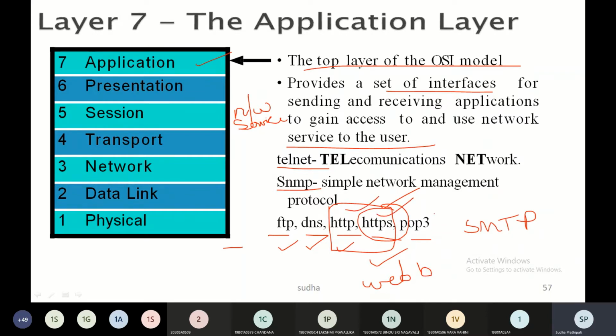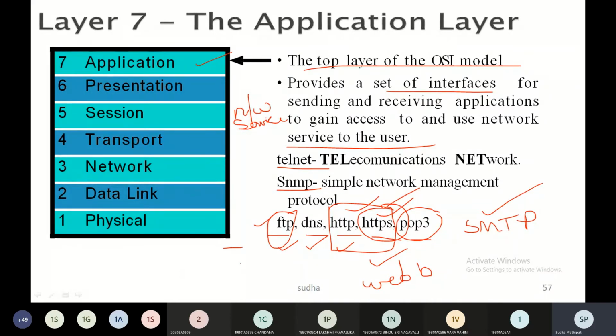Say, for example, I want to transfer an email from one system to another system. I need the POP3 protocol, and I also need the SMTP protocol to send an email from one system to another. And say I want to remotely access a file in another system, then I need the FTP protocol. If I want a virtual terminal, I'll be using Telnet, which is telecommunication network. These are all the protocols that your application layer provides, a bunch of protocols for giving networking services to the users.